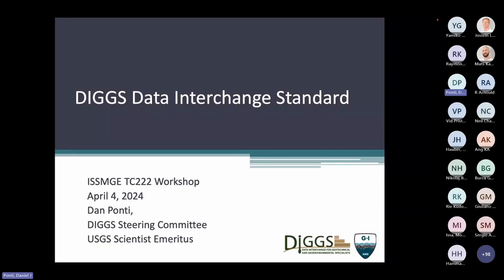I got involved in the DIGS project in part because of some desires and needs on our end to begin to standardize borehole data and other types of geologic and geotechnical investigations. So that was how I got into this, and I feel very strongly about trying to promote these sorts of standards. So I've continued to be involved in it even after I left the Survey.